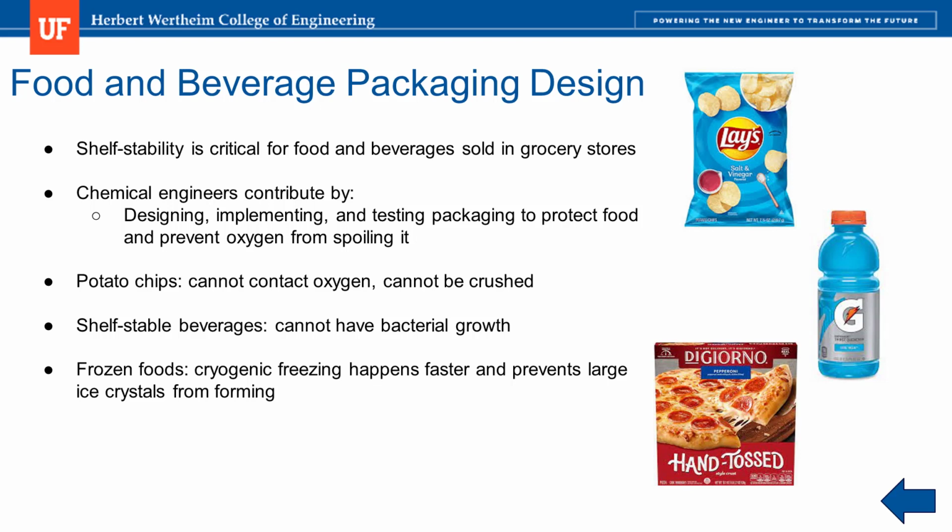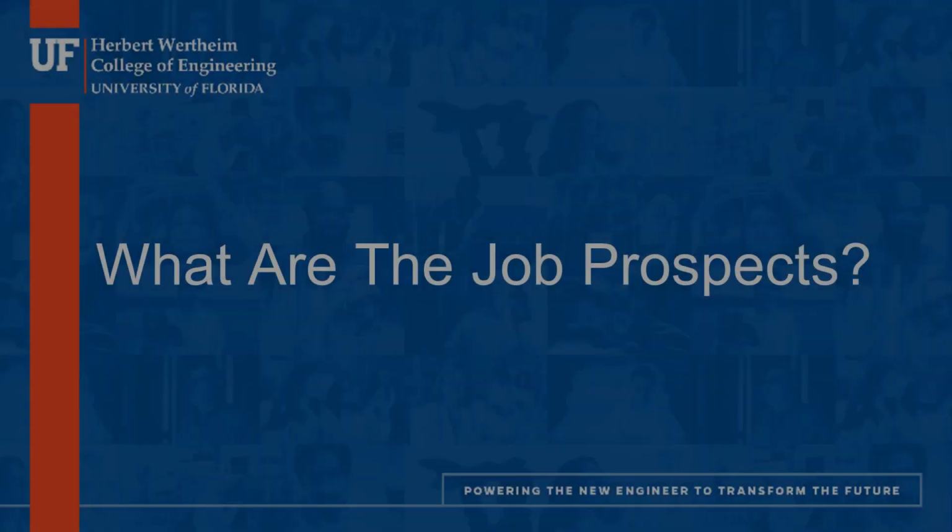What about frozen foods like pizza? If you've ever tried to use your own freezer to preserve homemade food, you know it doesn't work that well. This is because your freezer temperature isn't cold enough to freeze the food quickly. As a result, large ice crystals form, which can dry the food out and affect the flavor. In contrast, processed food undergoes rapid cryogenic freezing, which minimizes the size of the ice crystals. In all examples, you can hopefully imagine that chemical engineers are perfect for answering the questions and filling in the details of all these processes.